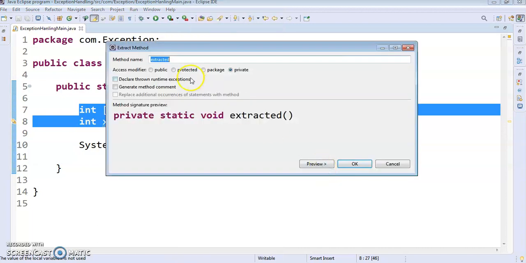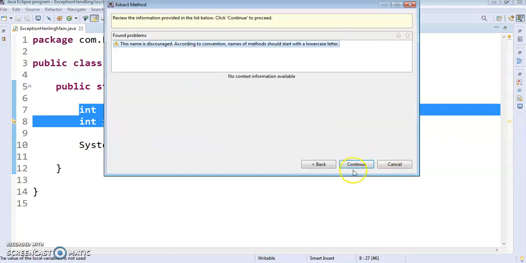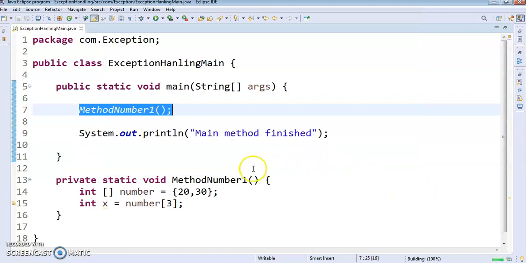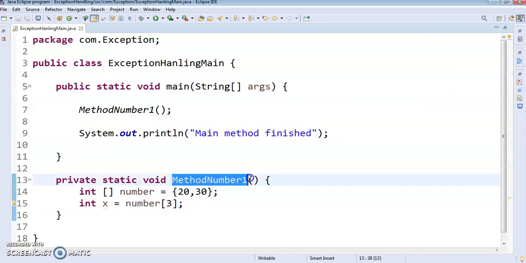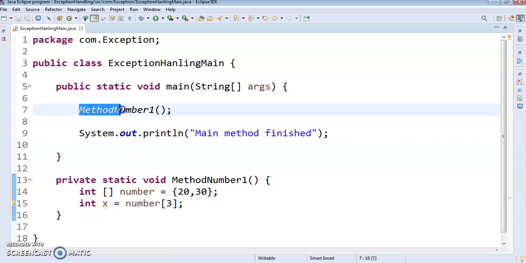If I do extract, we need to give a method name. For example, I am giving method number 1 and click on OK. Observe carefully, the entire code has been put inside method number 1, and this method will be called from the main function.